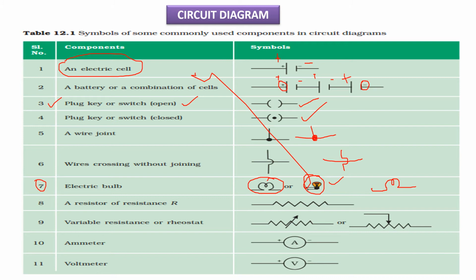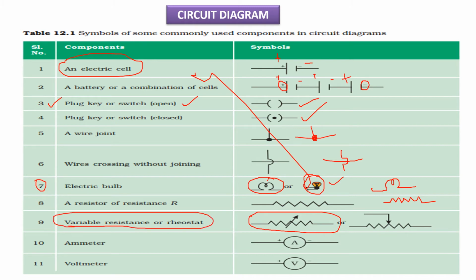And a resistor is always very simple, up and down, you make it like this, and it becomes a resistor. And a resistor can be varied, like in the fan control, the regulator is there, 1 2 3 4, the speed you change, right? It is similar to that, and it is represented like this. An arrow should be drawn in between. That means the resistance can be varied. The variable resistor is also called a rheostat.